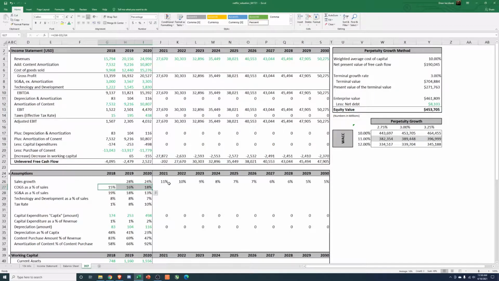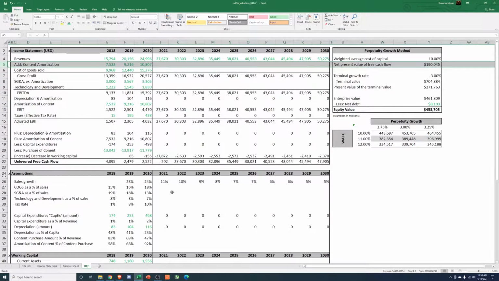Maybe this isn't the right place to do this, because we are going to forecast out content amortization, so that will link up there. We could have left it the other way, but it gives us a good picture of the COGS excluding amortization. If they don't purchase any new video content and just keep what they have, they could become incredibly profitable overnight. Just cut that, boom, zero. The question is, would people stay on the platform if no new content was added? I don't know, probably not.